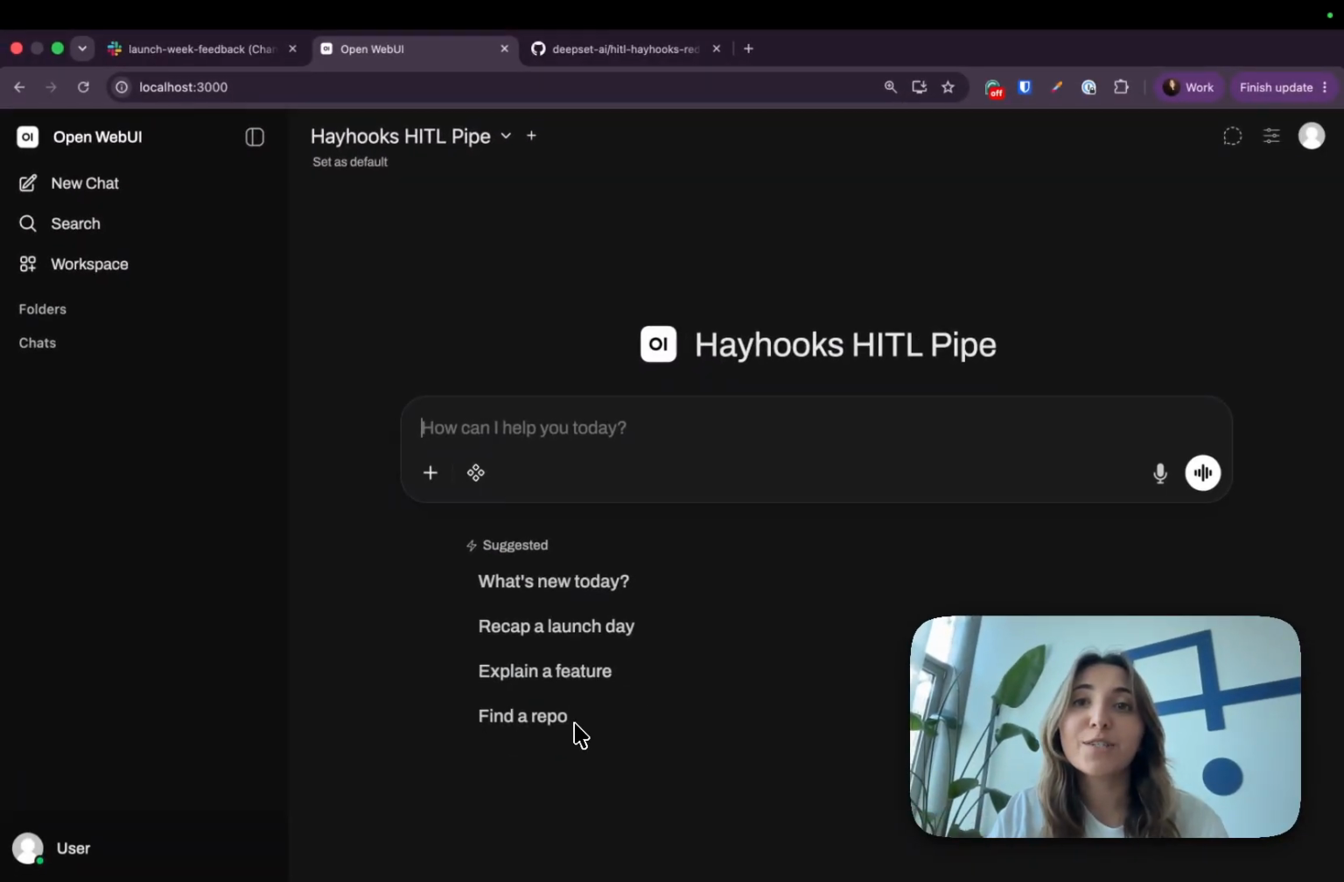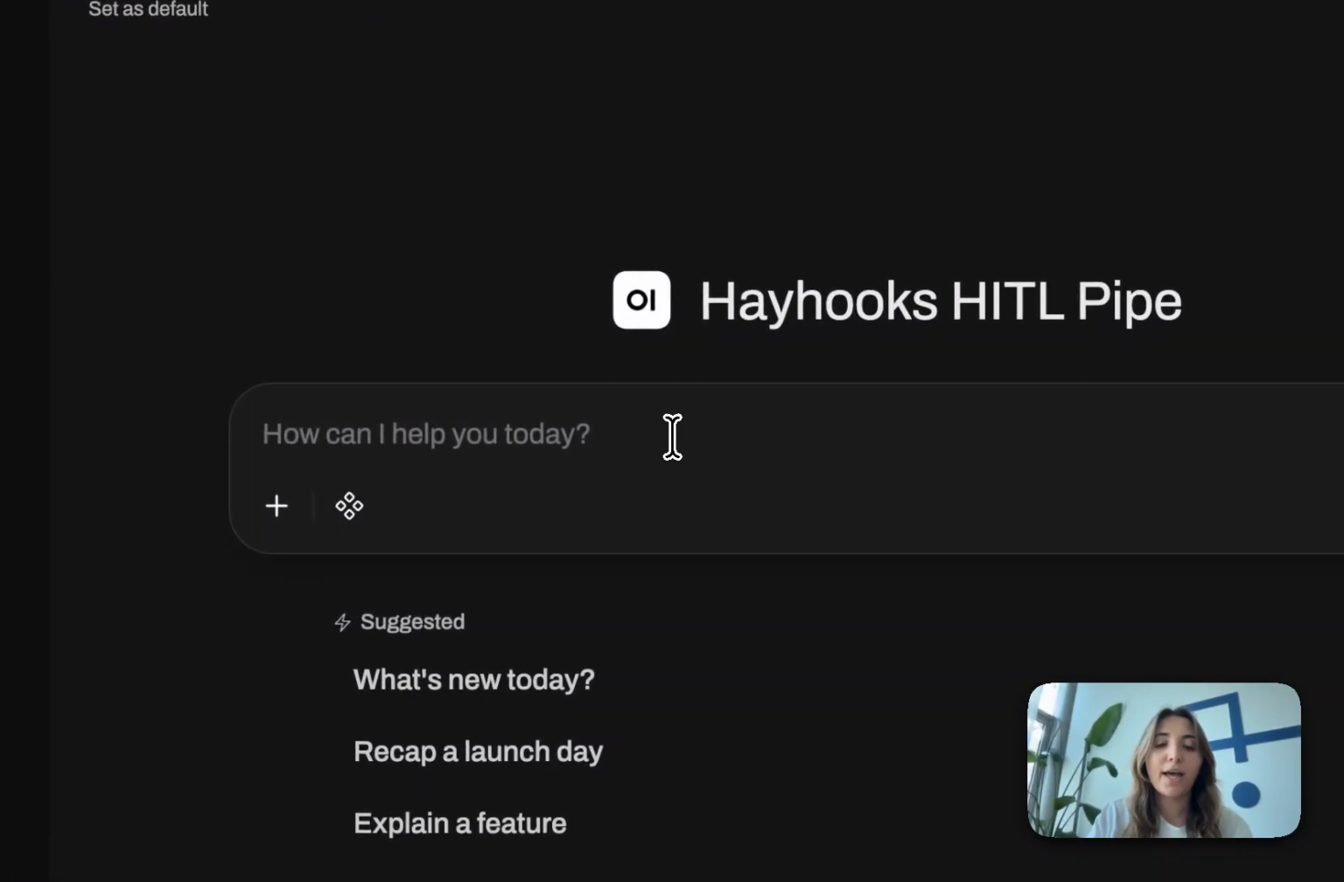Under the hood, it's a small Haystack concierge agent with a handful of tools, telling you what's new in the launch week, explaining a feature, searching the docs through a Haystack MCP server, giving feedback to the DeepSet team by using the Slack webhook, and that will be our sensitive action that requires human-in-the-loop. So let's give it a go and ask